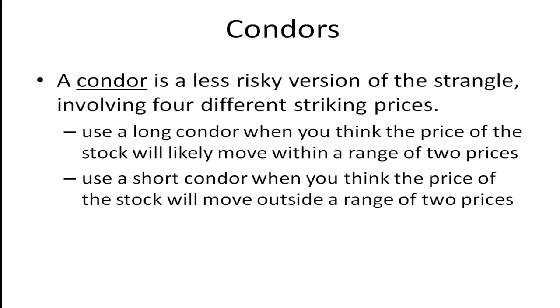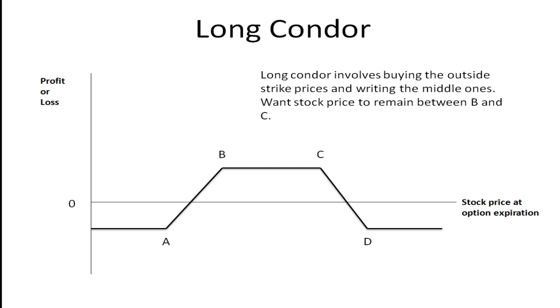And you're going to use 4 different striking prices. Now, you want to use a long condor when you think the price of the stock will likely move within a range of 2 prices. And you use a short condor when you think the price of the stock will move outside the range of those 2 prices. So, if you look at this picture here, the long condor involves these 4 different strike prices,